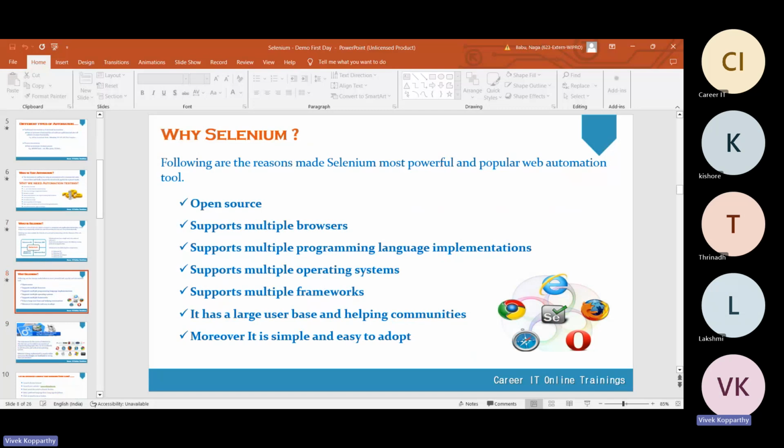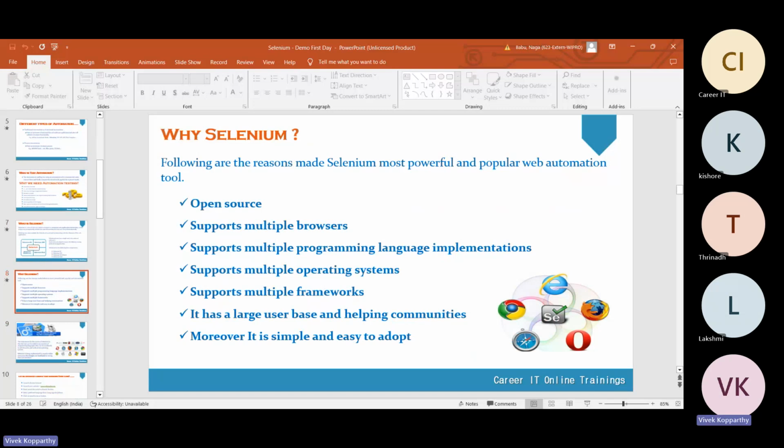It supports multiple programming languages: you can write Selenium with Java, Python, C Sharp, C, Perl. It supports multiple operating systems: the same scripts you've written, you can execute on Windows, Linux, Mac.